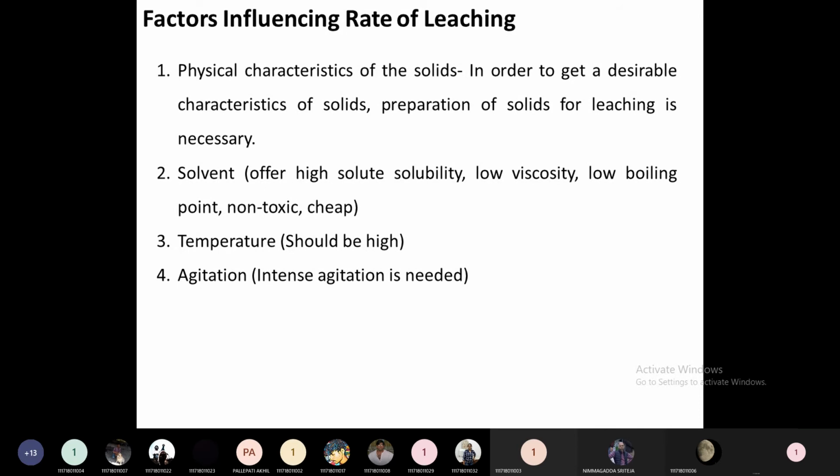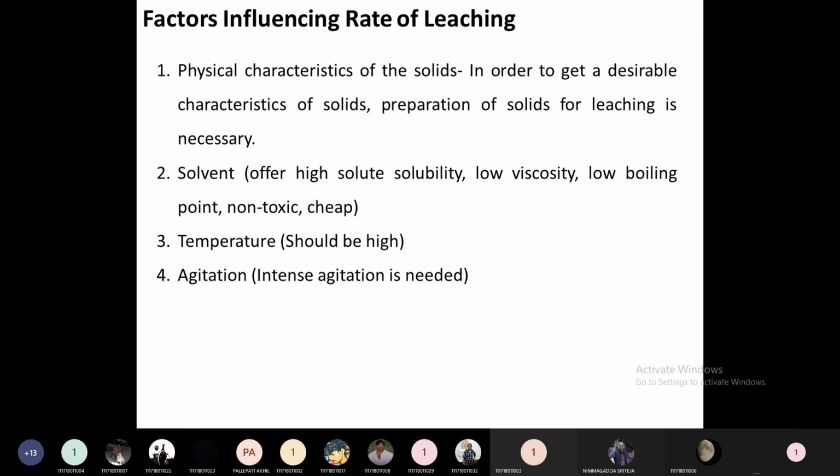Okay, not so low a boiling point that it hinders the leaching process. Low boiling point is nothing but high relative volatility. High relative volatility means that during the leaching operation, the solvent itself will be vaporized. So the optimum boiling point is needed. The operating temperature of the leaching will be defined by the solvent. If the solvent has a boiling point of 100, the operation needs to be carried out below 100 degrees centigrade to lower the evaporation loss of solvent.